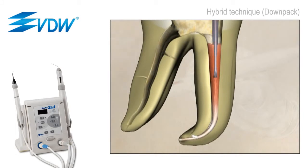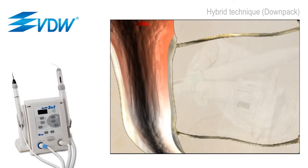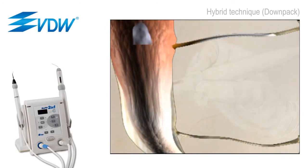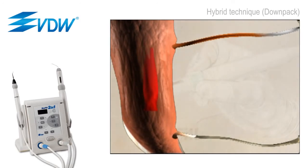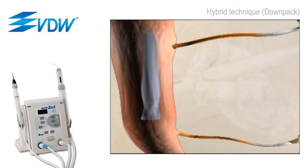The heat is turned off while pressure is still being applied to the carrier. This forces gutta-percha and sealer into canal irregularities in the coronal portion of the canal space. This cooling period pressure lasts about 5 seconds. The heat is then reapplied to the carrier and the instrument is forced several millimeters deeper into the canal space. The thermo-softening action, combined with the downward pressure, forces filling materials into lateral canals and other anastomoses in the mid-root